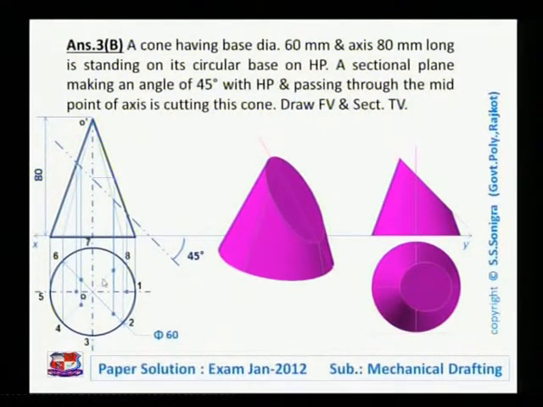Let me repeat what we have done here. Find the point of intersection between the cutting plane and the axis. This is the point. From that point, draw a horizontal line like this, or transfer this point to its true length. From that, draw a vertical line, and that will cut O1 at one point. Take O as the center, and O to this point as the radius. Draw an arc on both sides. On O7, here is the point, and on O3, here is the point.